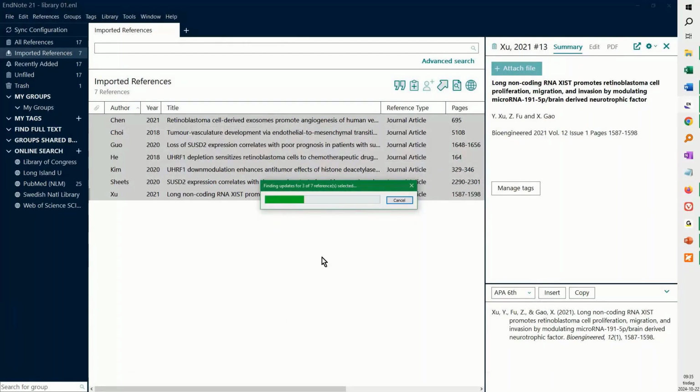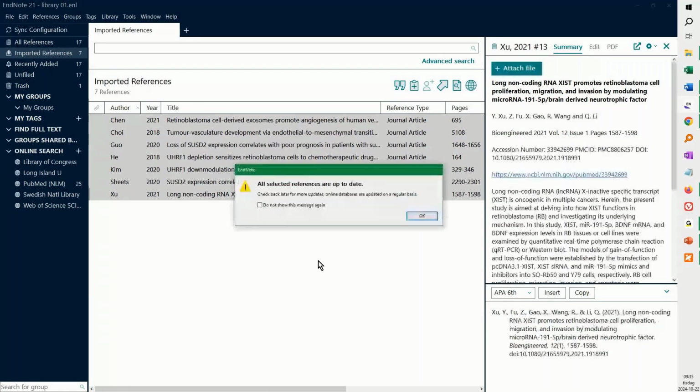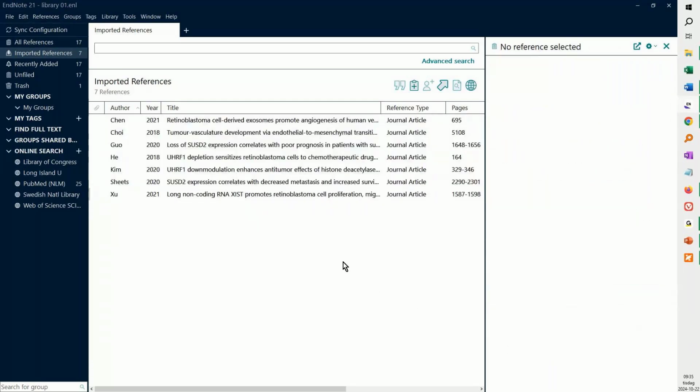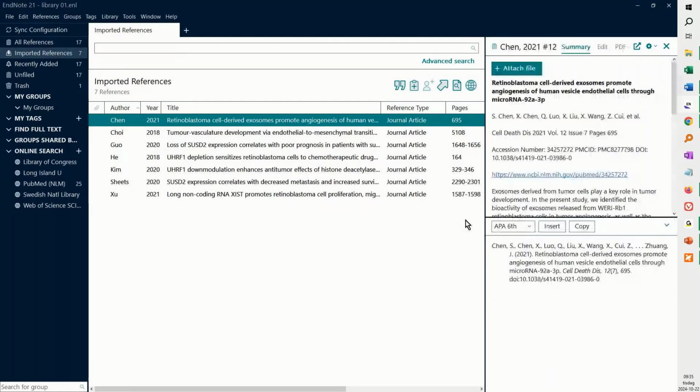And it will run through them for me. You can also, instead of updating all fields, ask EndNote to just update the fields that are lacking information. So I recommend you do this on your current library, if you already use EndNote. On a regular basis, check for updates and see if there's anything that should be added. So what we have here now is